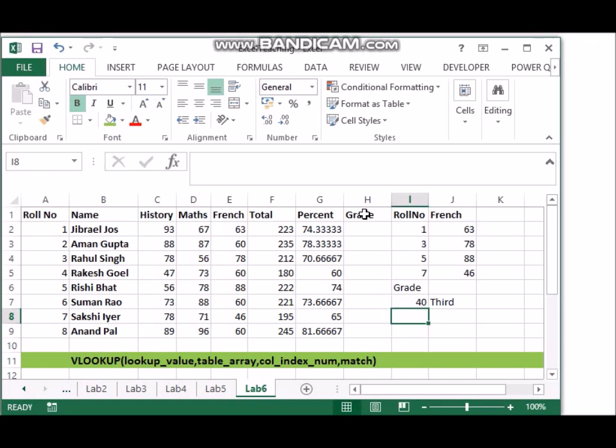All those who get 50 and above are considered second class. All those who get 60 and above are considered first class. And all those who get above 75 are considered distinction. So let's say this is the way we want to give them grades.